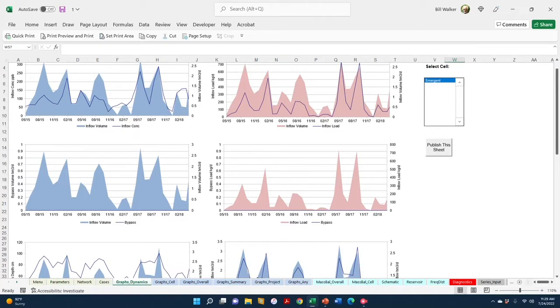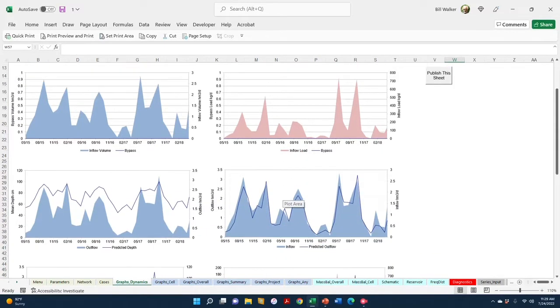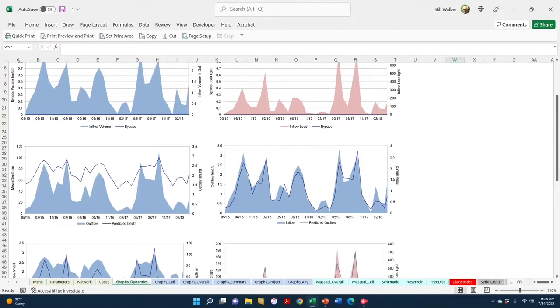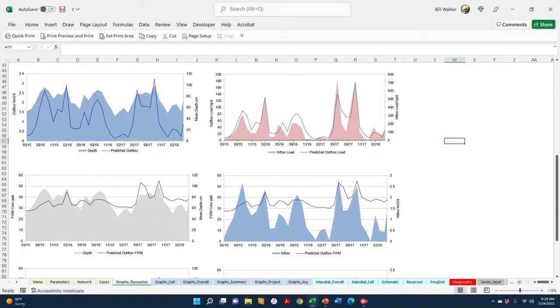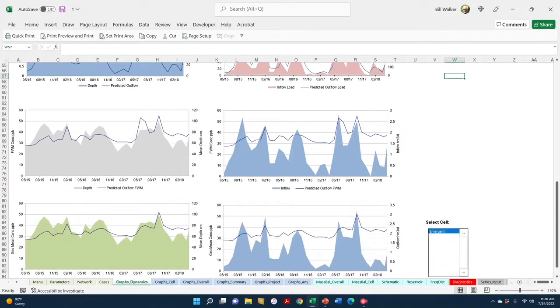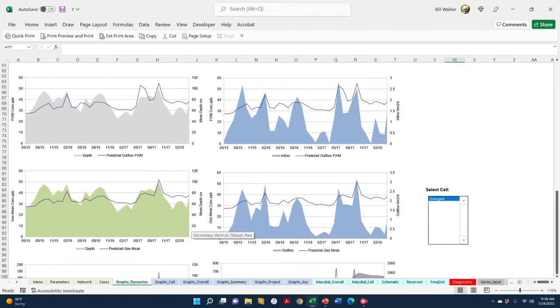This is the inflow series, and this shows any bypass in flow and load, which in this case there wasn't any. And then the correlation, for example, between the SDA water depths and the inflow volume, and the predicted outflow and the inflow, outflow and depth, outflow and load, flow weighted mean concentration, and no, this is depth, and the line is flow weighted mean outflow concentration, flow and concentration, geometric mean,